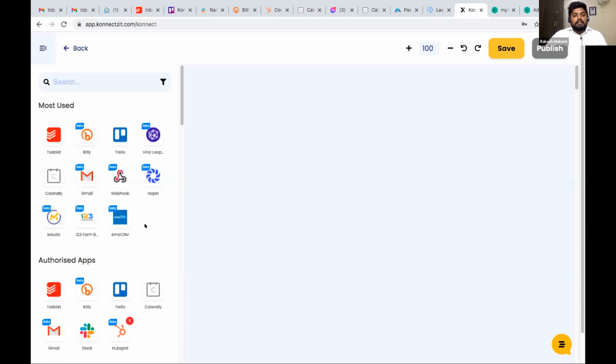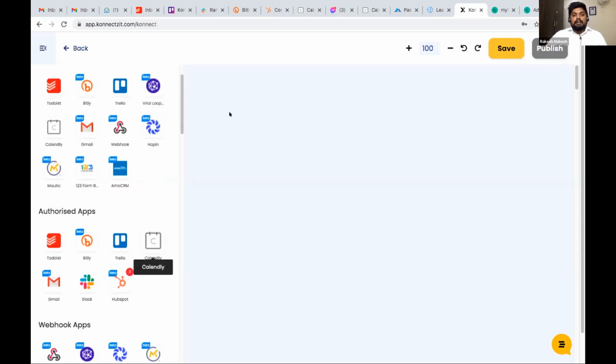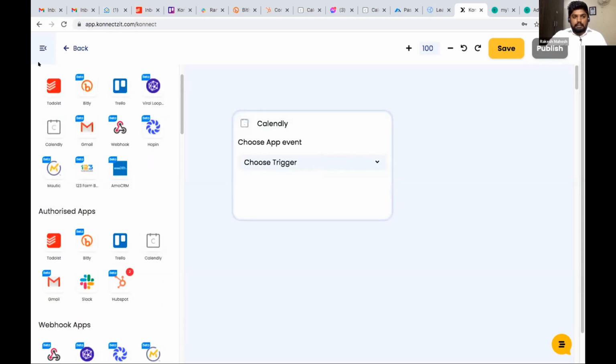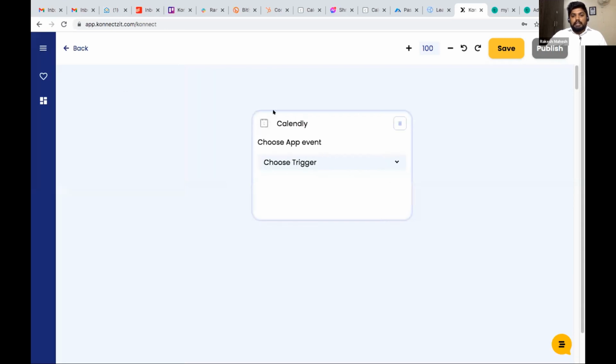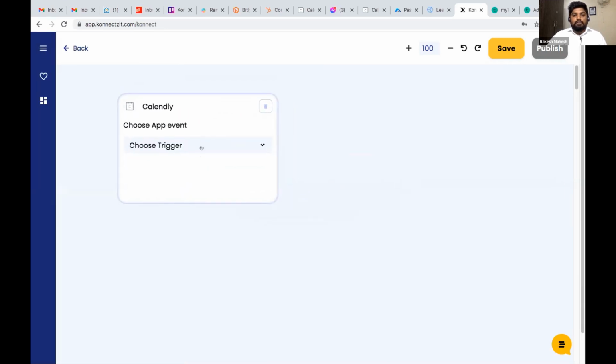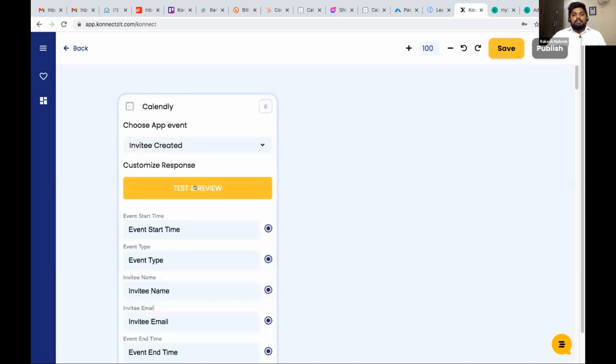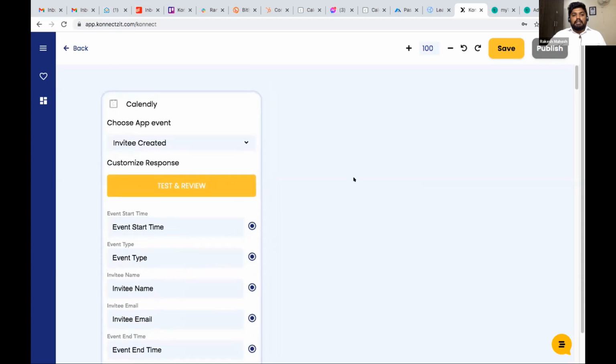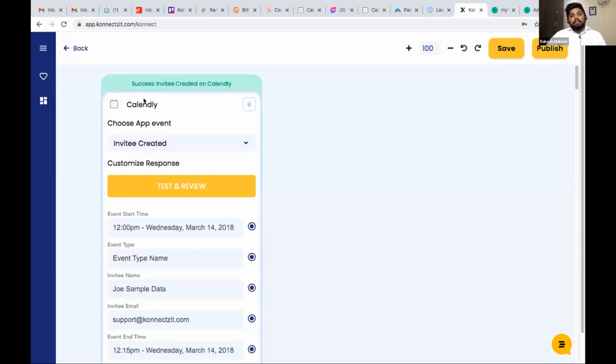I'll start the trigger with the Calendly app, where people can use Calendly for booking any appointment. When there is any new appointment inside Calendly, that is triggered, so we are able to get a trigger. Then I click on test and review, which checks whether we are actually receiving data from Calendly or not.